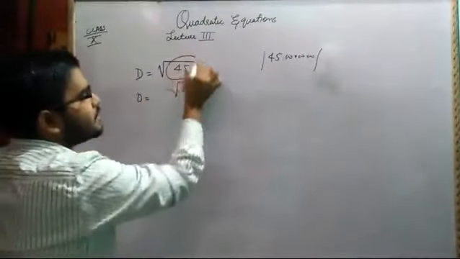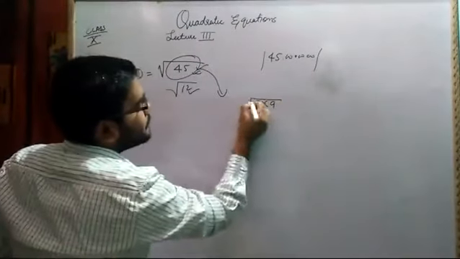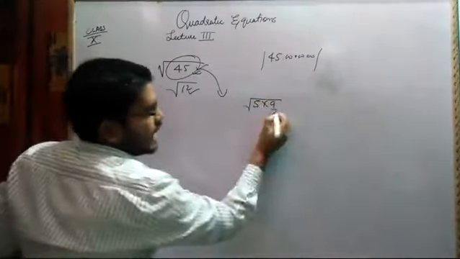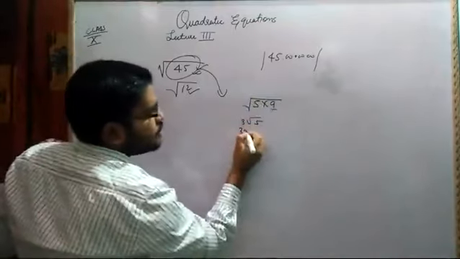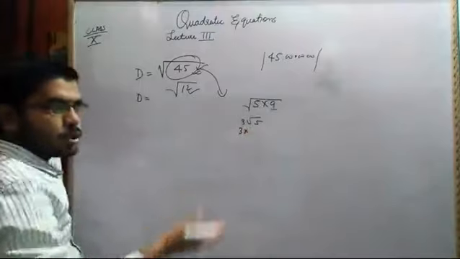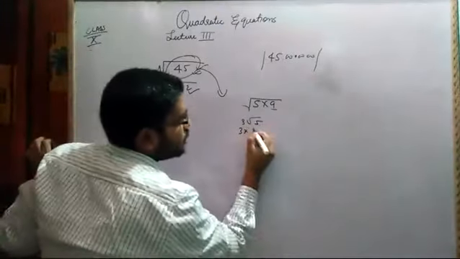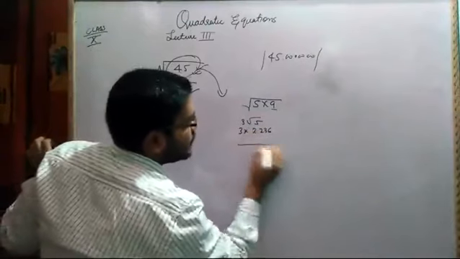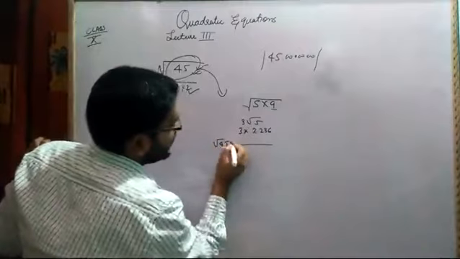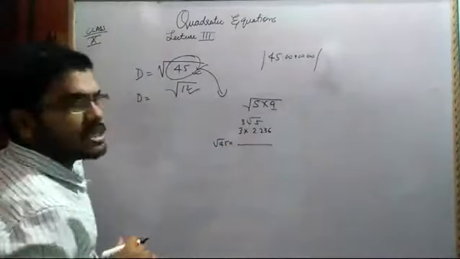Instead of that, if they apply their brain, they can write 5 into 9. 9 means 3 root 5. Now if you learn by heart the roots of at least 1 to 10, it will be very easy. Root 5 is equal to 2.236. If you multiply, you will get the value of root 45 very easily. No need of this calculation part. You will be saving your time.